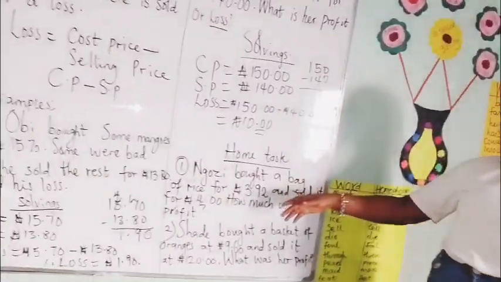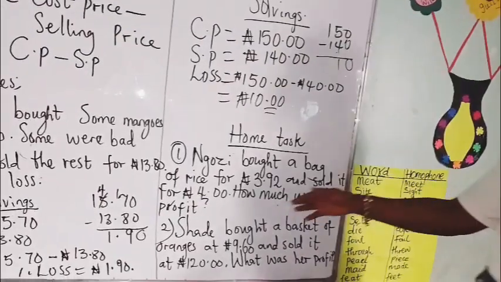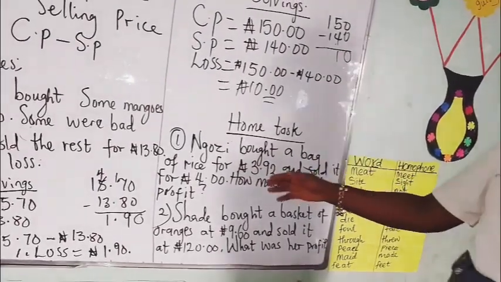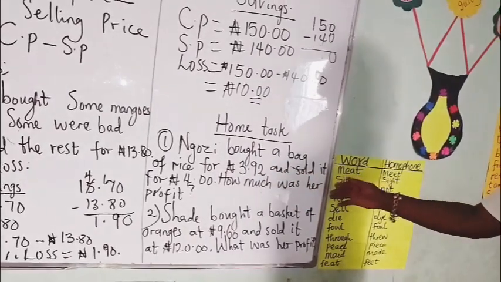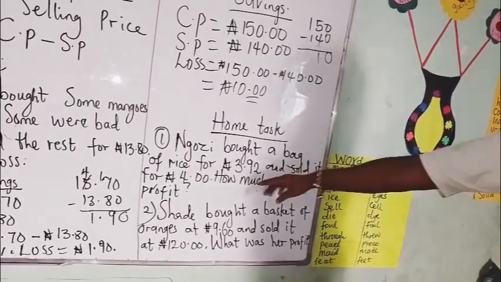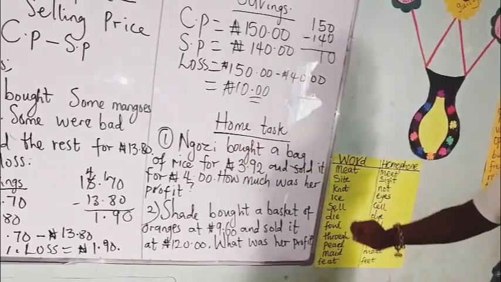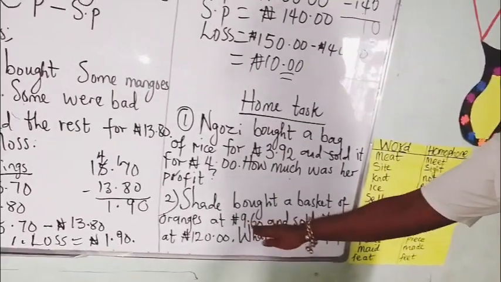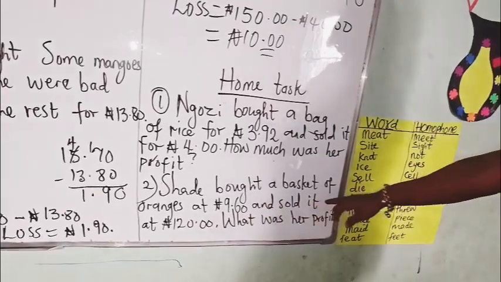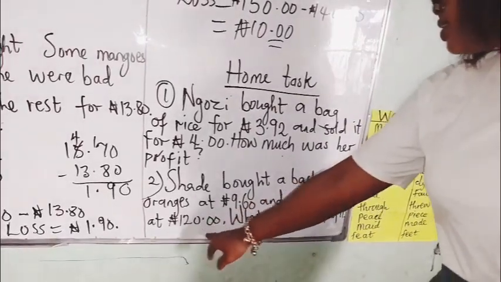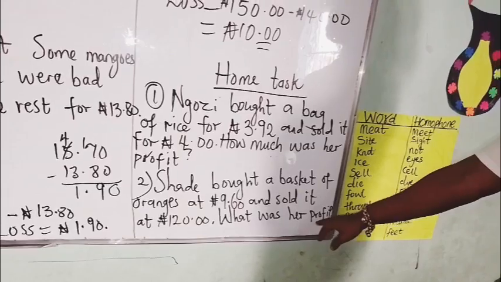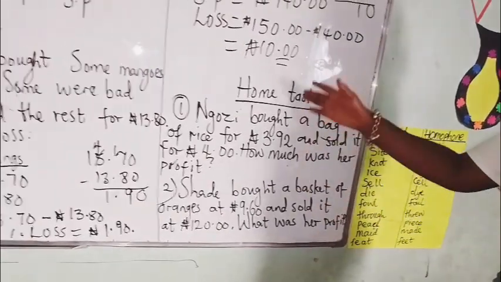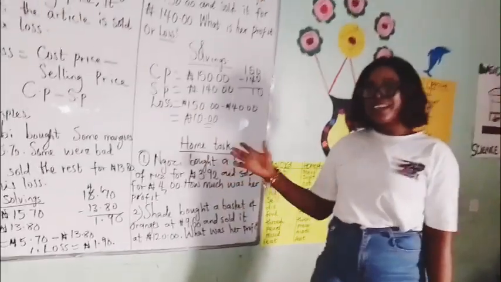I have question number 1. You bought a bag of rice for 3 naira 92 kobo, and sold it for 4 naira. How much was her profit? Don't forget we're using our profit formula. Okay, Shadi bought a basket of oranges at 9 naira 60 kobo and sold it at 120 naira. What was her profit? We're also looking at the formula of profit. So use this to check yourself out if you are able to